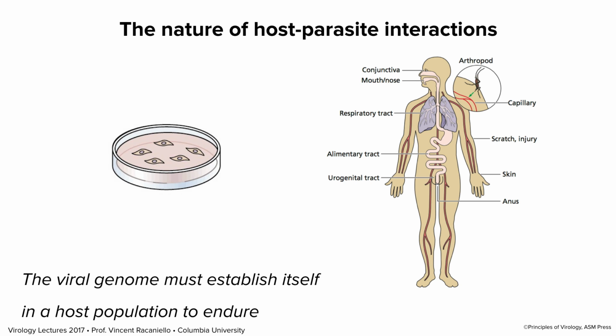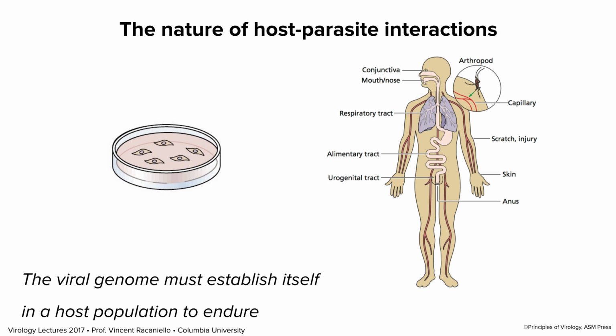They don't tell you a lot about what happens in an animal or a human, where there are many, many more things that have to occur. In a dish of cells, we're giving the virus free lunch. They're the cells. They don't have to get to them. In an organism, the viruses have many more things to accomplish. They have to find an organism, they have to get in, they have to replicate and spread, they have to find the right tissues, and most importantly, they have to get to a new host.